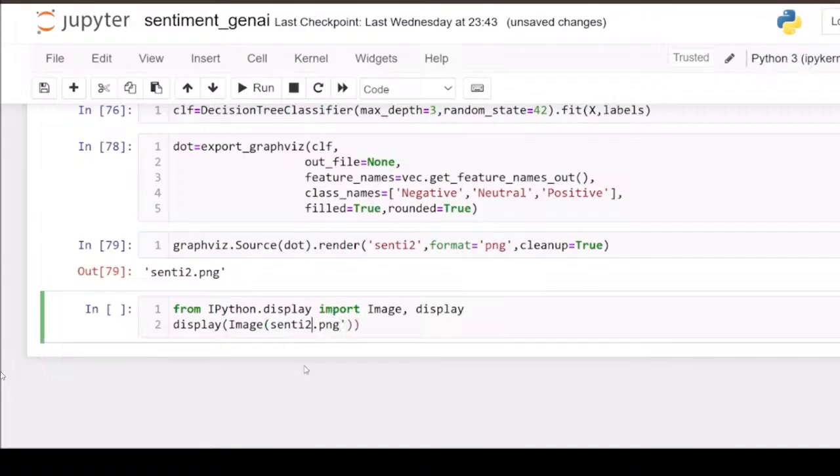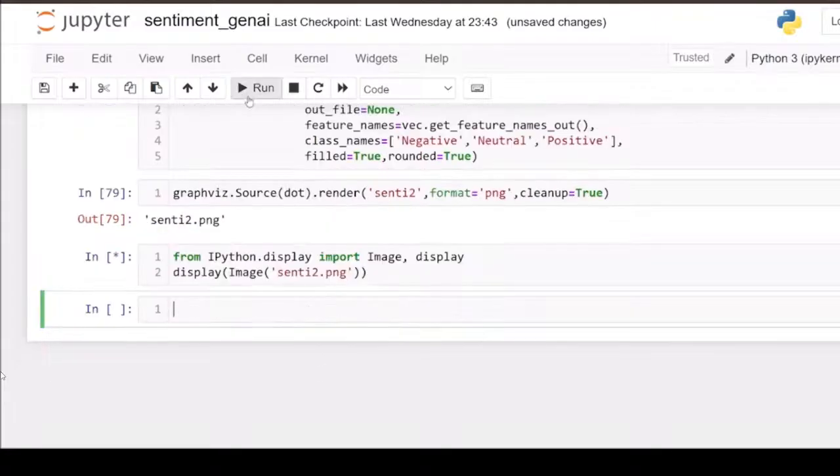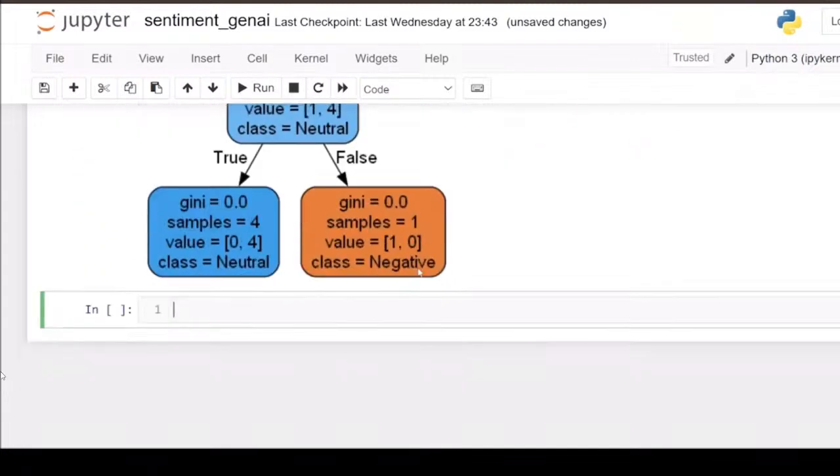Okay, everything is good, so let's display. So as you can see, we got our results,